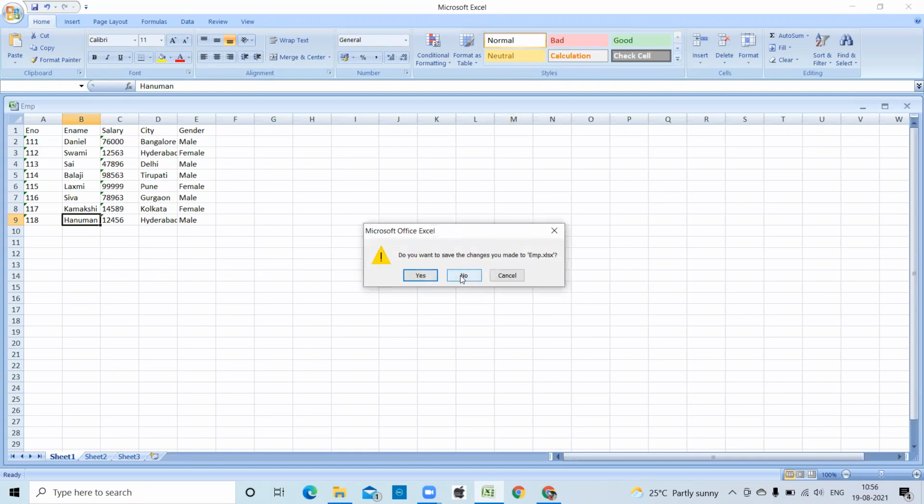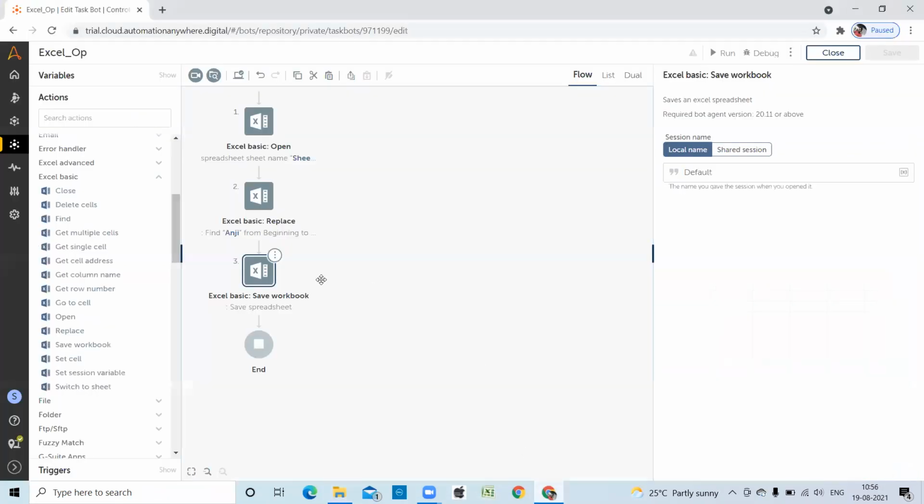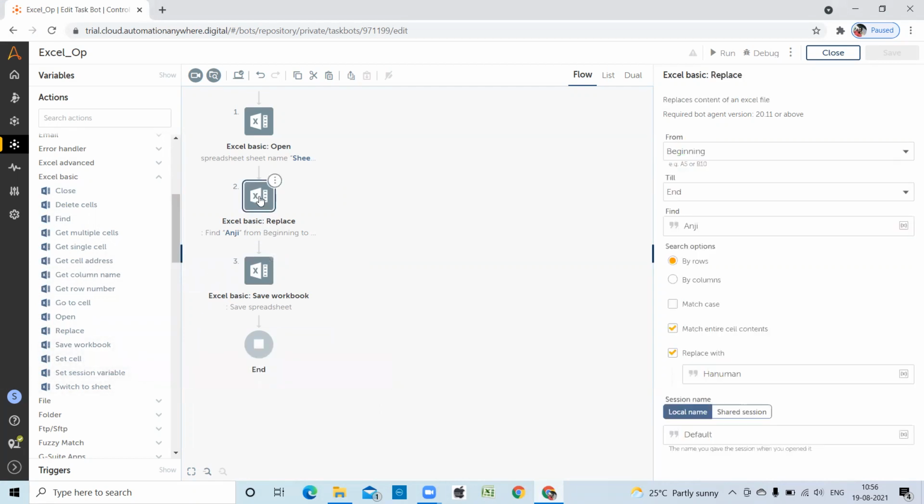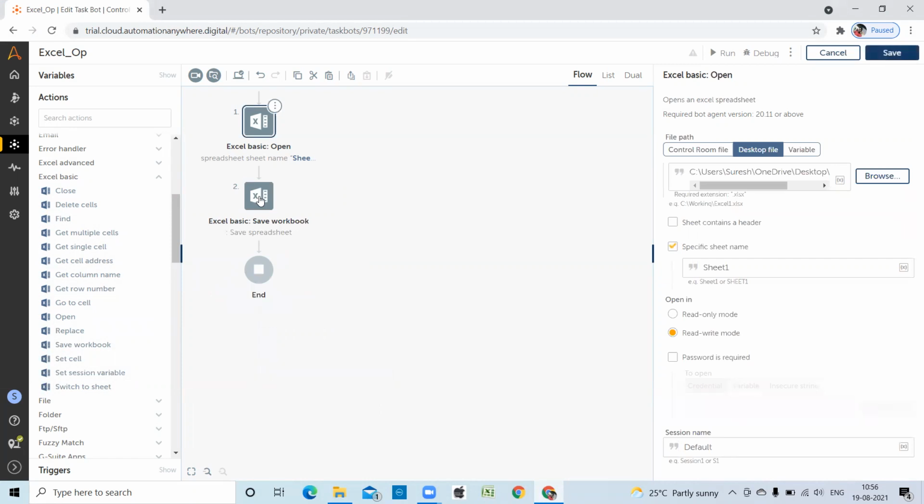So like this, replace works. Excel basic. Now save workbook. Already we have used set cell. Set cell is also a very simple thing. Set cell we have already tried, right?